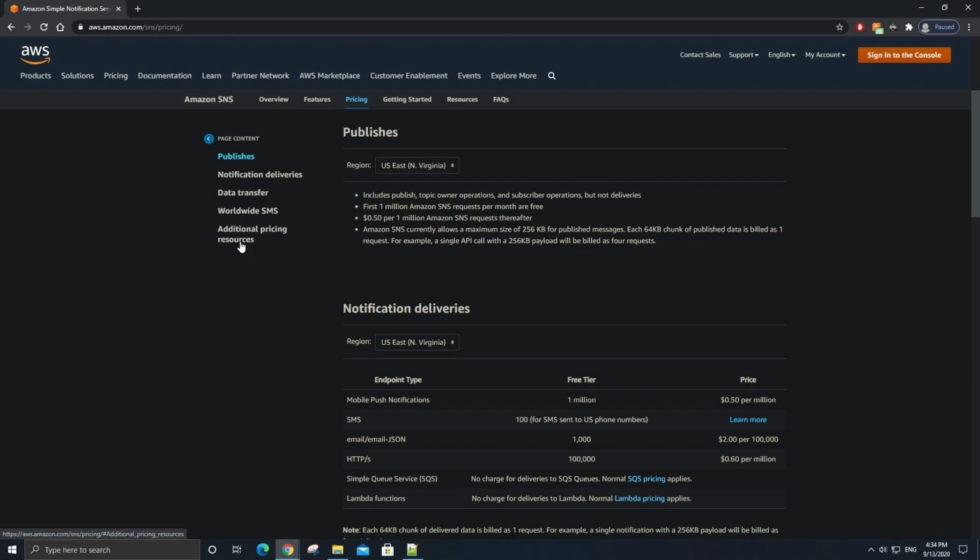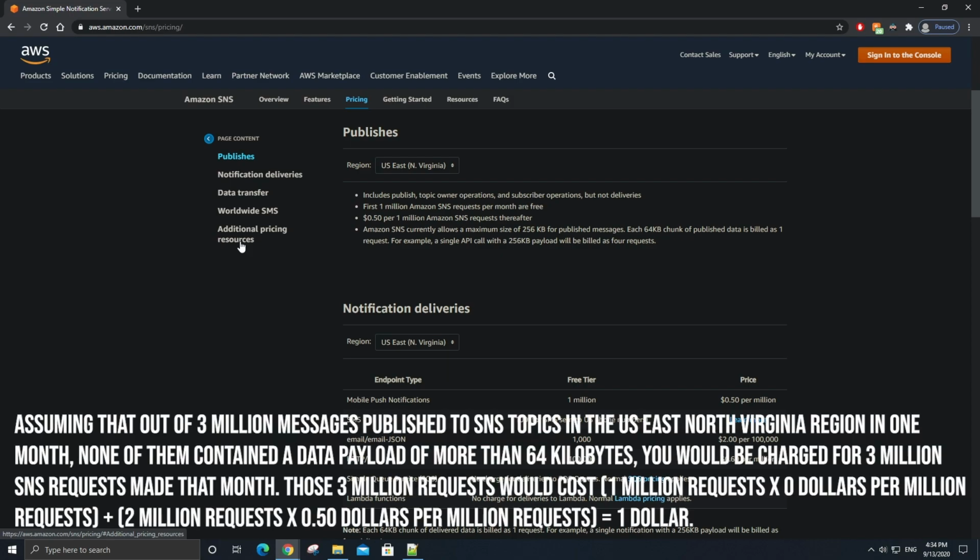However, I'm not sure if this is 1 million per region or 1 million for all regions combined, so you may have to do some further research on that. But for every 1 million SNS published requests thereafter in the US East North Virginia region, you will be charged 50 cents. Now, let's say that an application or any AWS service publishes 3 million messages, each of them containing